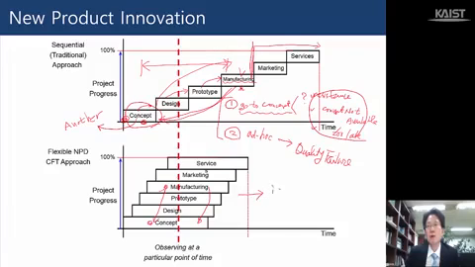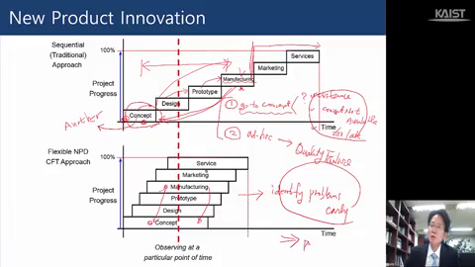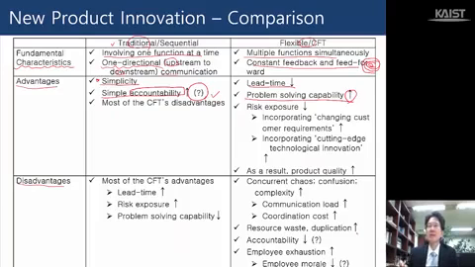In other words, they can identify these operations problems early, and therefore we would say the problem solving capability enhances significantly. So I would say that's a very important benefit